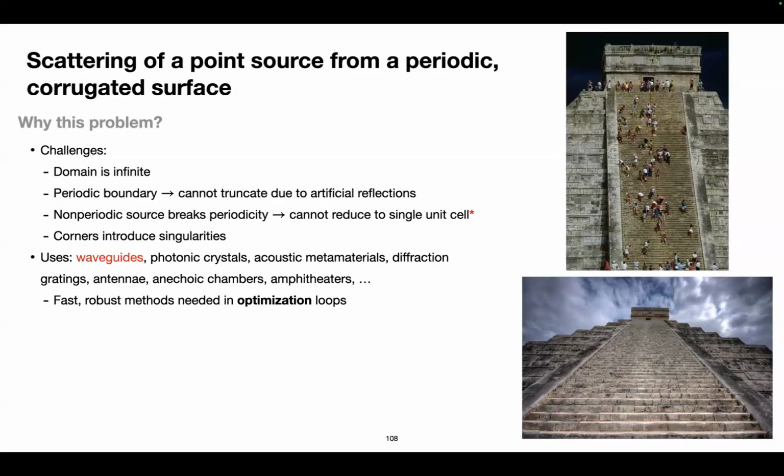However, it's an important problem. These stairs, or these periodic surfaces, act as waveguides. They guide sound or radiation a long way across their surface. And this is used in industry quite a bit in things like photonic and phononic crystals, like seismic dampening, antennae, and so on. Often in material science, you need to tune the parameters of a material and simulate what the behavior of the material would be. So again, you need to solve this PDE in a loop many, many times. So you need a fast solver.